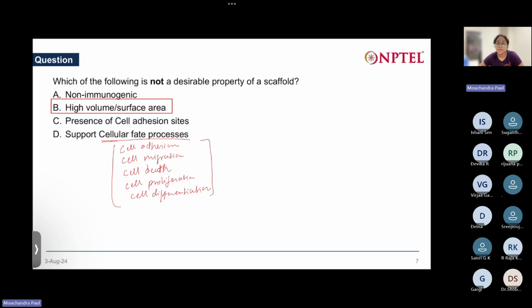Why? Because cells do not see bulk. Cells see the surface. So if the surface area is high, there is more space for the cells to adhere, and then they will proliferate, differentiate, and migrate. It means more space. Basically, we are trying to give more space to cells. That is why we prefer a